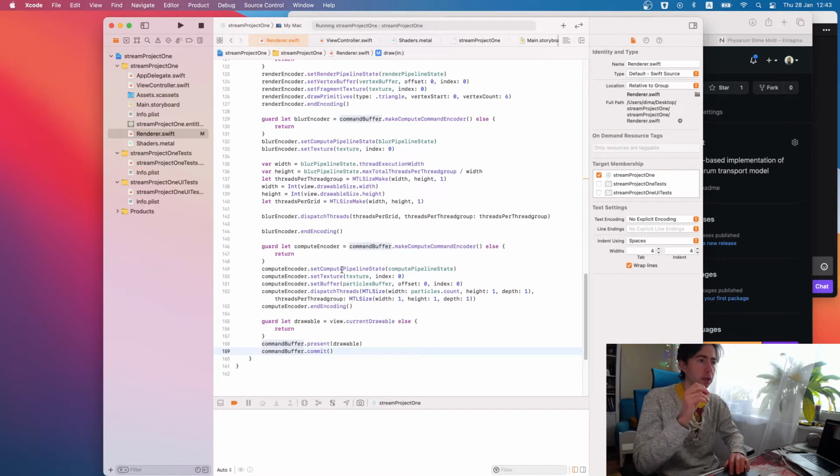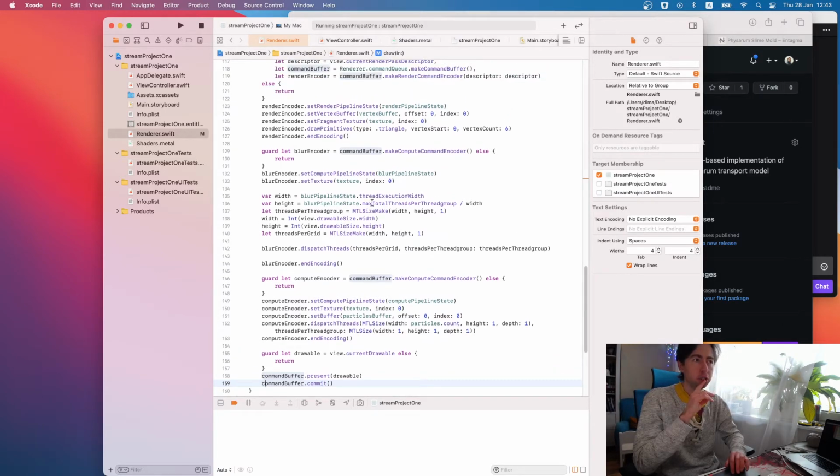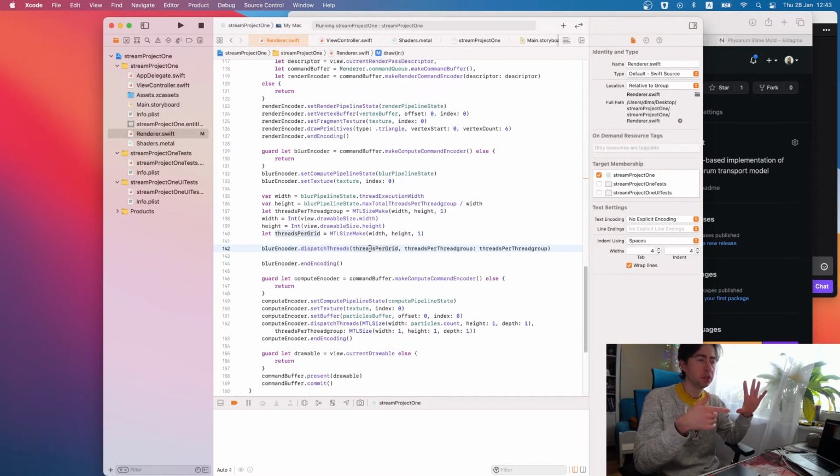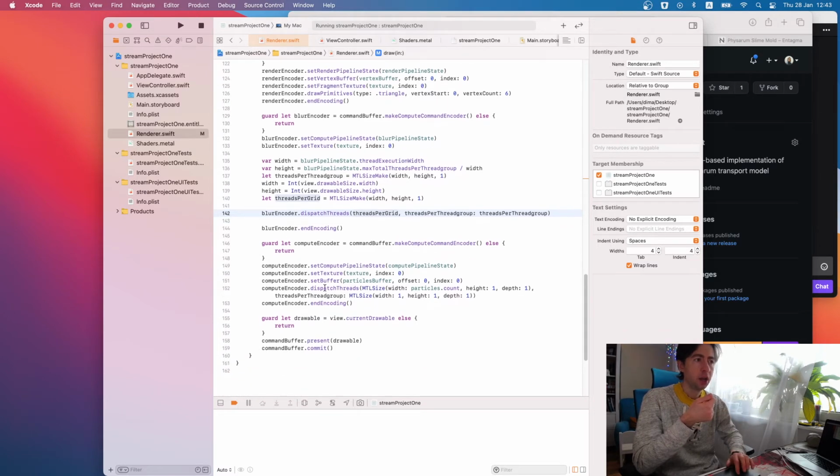And encoding. And here we dispatch threads in a little bit more obvious way, while a texture here that has been processed by blur pipeline state is two-dimensional. So we can set our threads like a grid, as we have here. So we have some thread grids and threads grouped by some chunks to process this 2D texture efficiently.